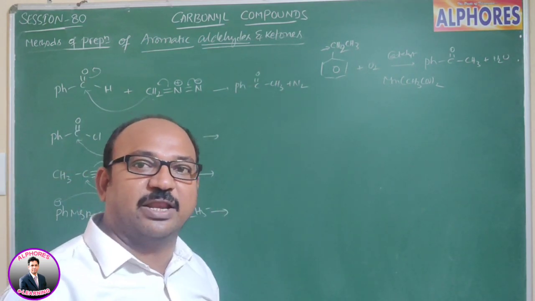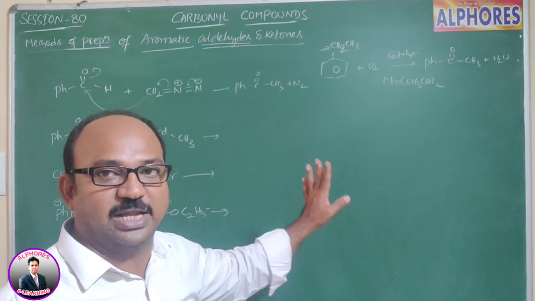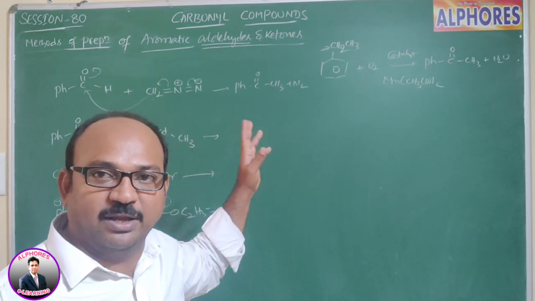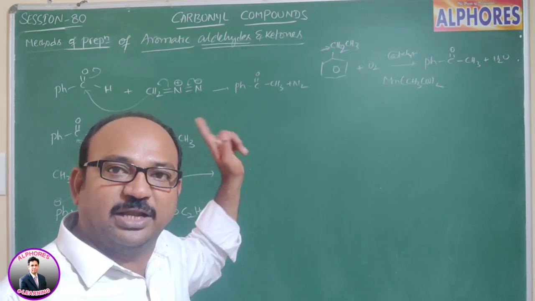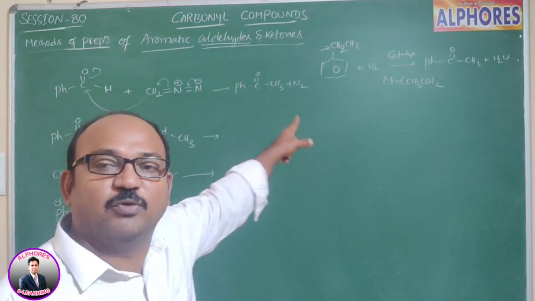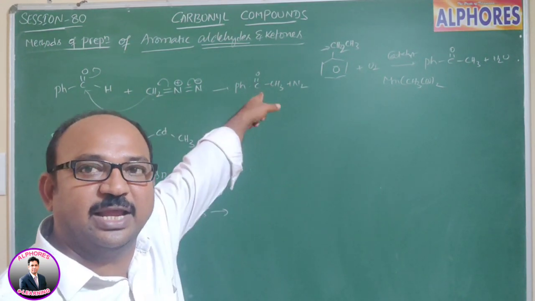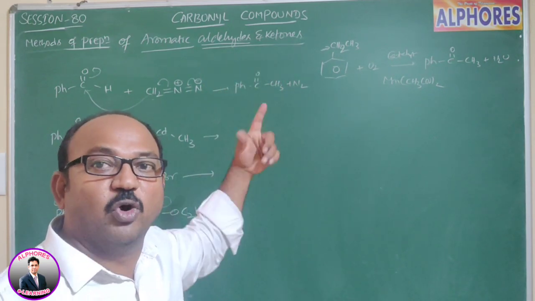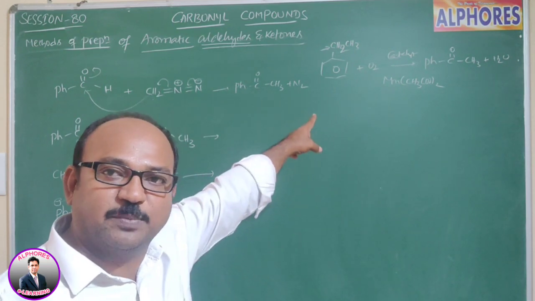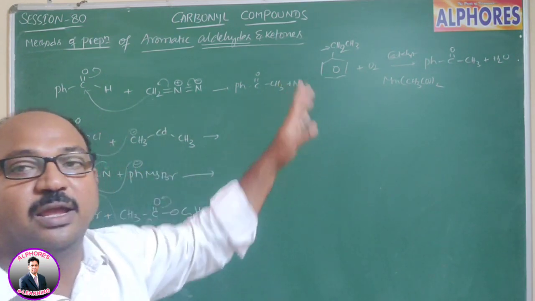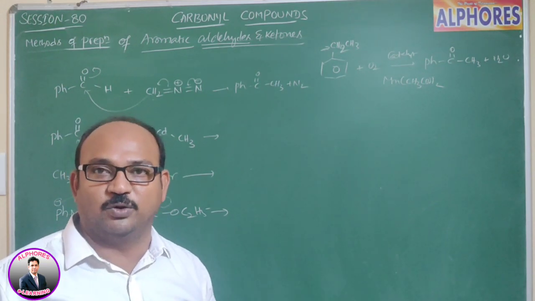Whereas in the Etard reaction, we discussed that only the terminal carbon gets oxidized, irrespective of which carbon possesses the ring. But when we use manganese acetate catalyst, only the ring-containing carbon gets oxidized. Here the ring-containing carbon has two hydrogens, both convert into two OH groups, and from the two OH groups a water molecule is eliminated, giving acetophenone. These are the methods of preparation of aldehydes and ketones, completed.